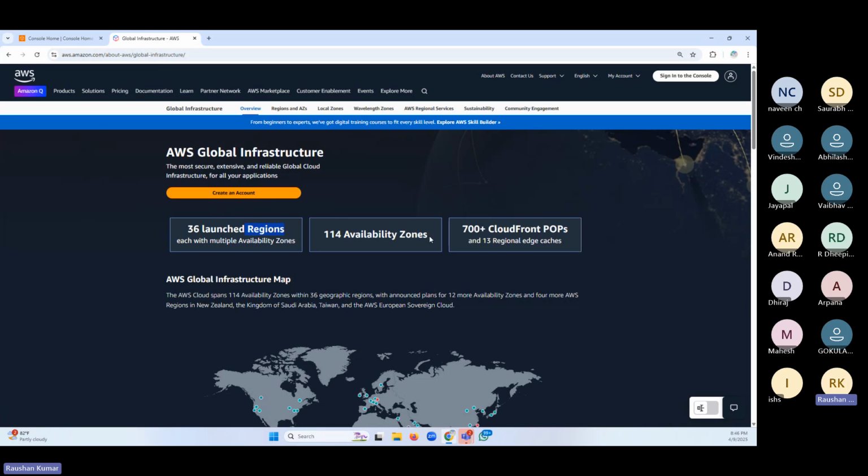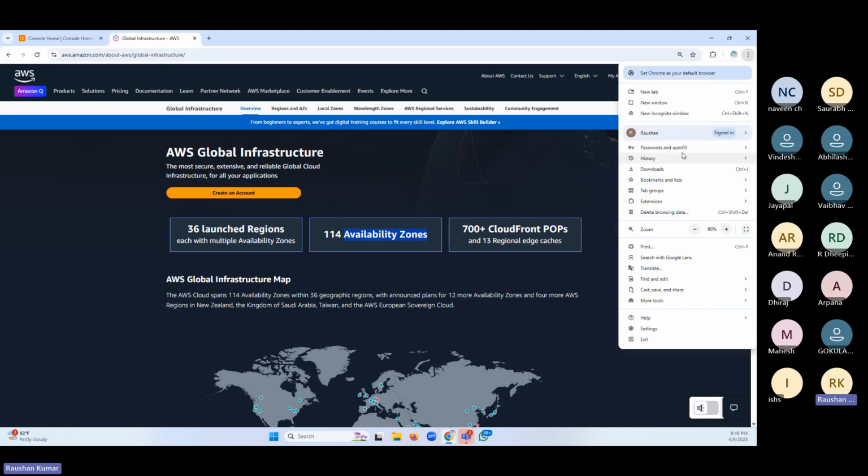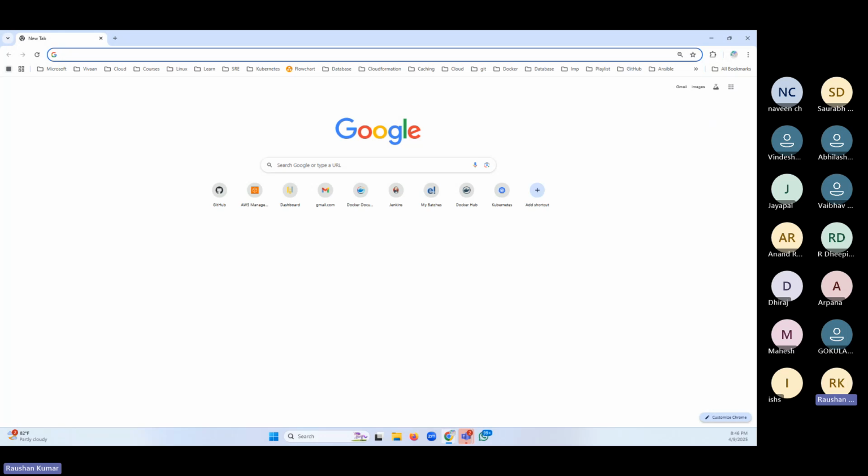Availability zone is the physical thing, right? I have showed you the picture of the availability zone. Let me show you again.